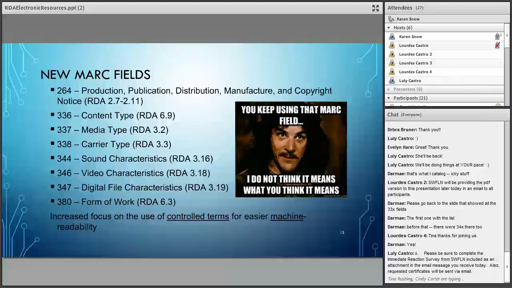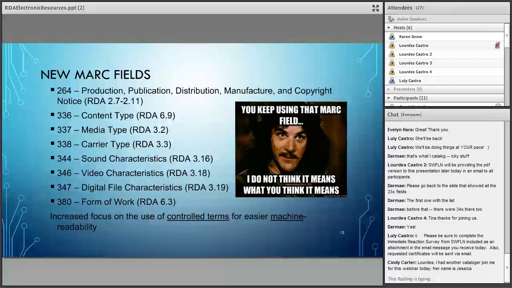For example, RISC-2 is a board game, and here I have a video game. So in order to make it clear that I'm not talking about the board game, I included a form of work to make clear this is the video game rather than the board game. So it's only in those types of cases.